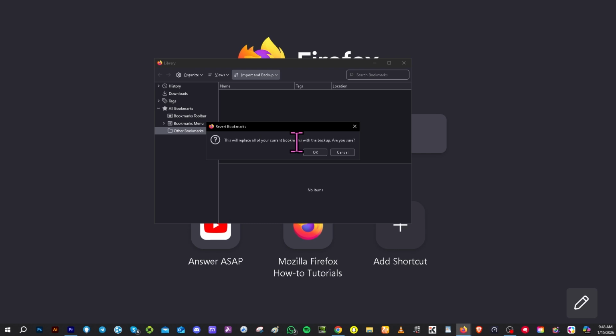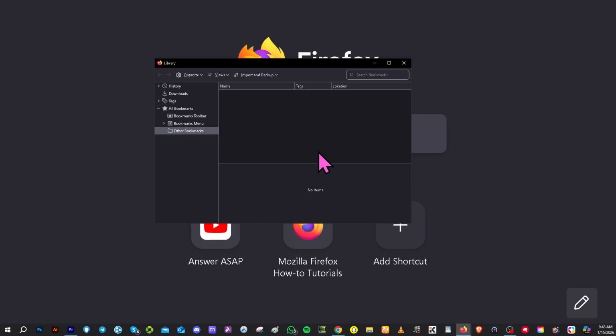So if you click on it, this will replace all your current bookmarks with the backup. And if you are sure, click OK, because restoring bookmarks will replace your current bookmarks with the backup version. It's super simple. Now, let me tell you before restoring, it's always a good idea to create a